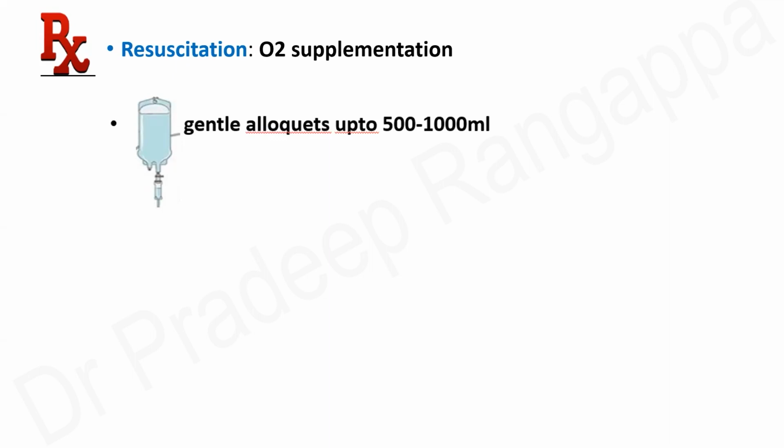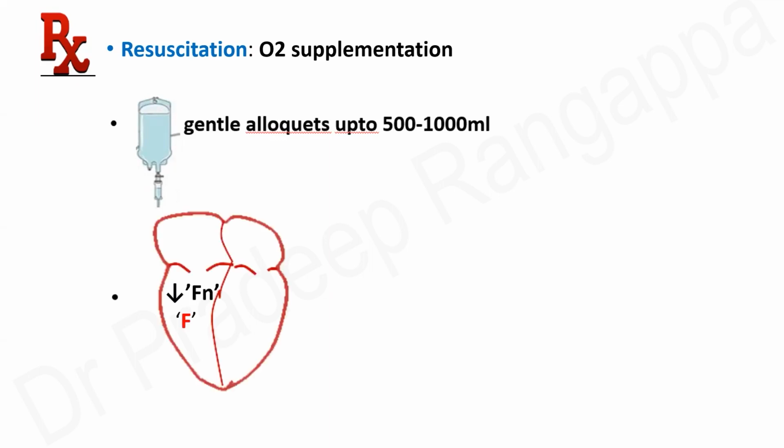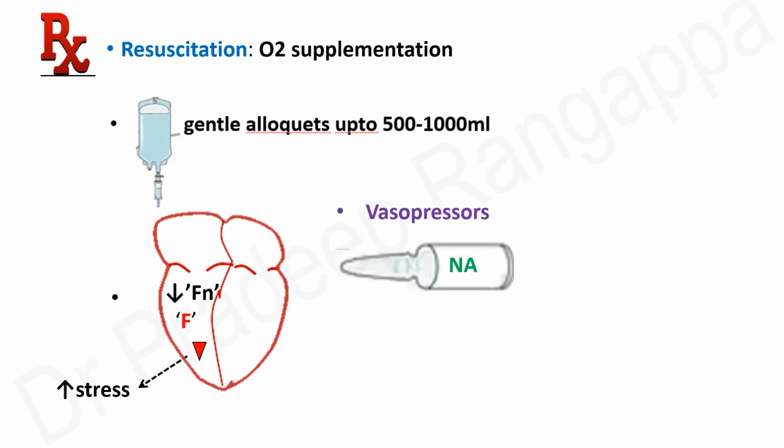But you have to be very cautious because the RV is in a diabolical situation. If you give more fluid, it can lead to problems. If the RV is underfilled also, the cardiac output can get affected. So mini aliquots is the way to go after assessing your volume responsiveness. Right ventricular dysfunction, right ventricular failure and right ventricular ischemia would be present. So your whole concept of preload optimization, afterload optimization, and optimizing myocardial contractility will remain, and measures to reduce the stress on the RV have to be put in place.